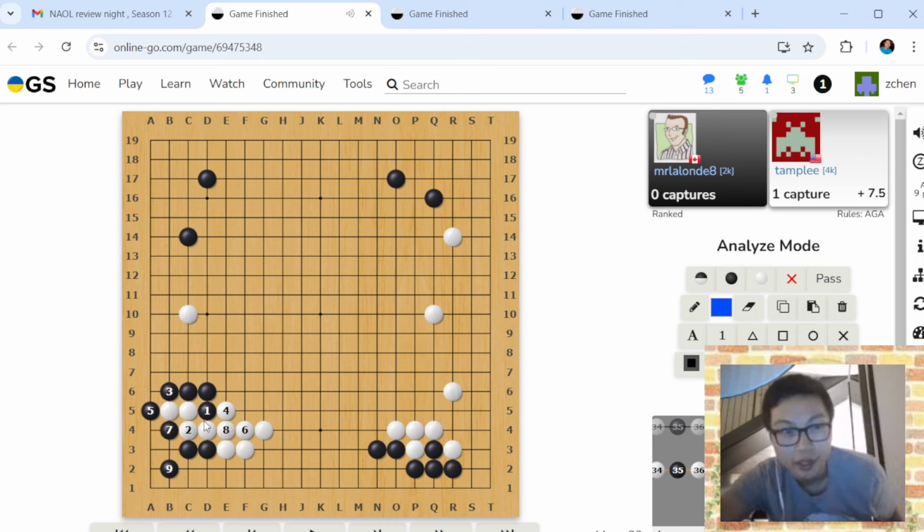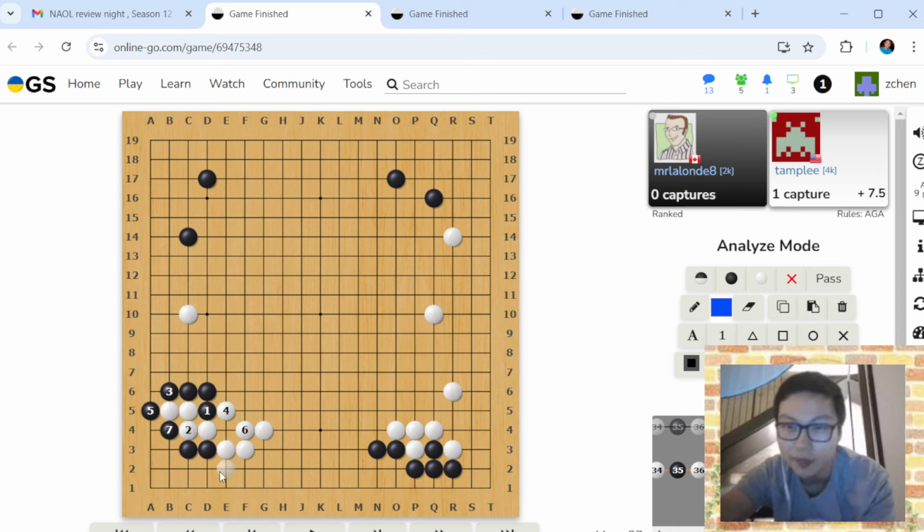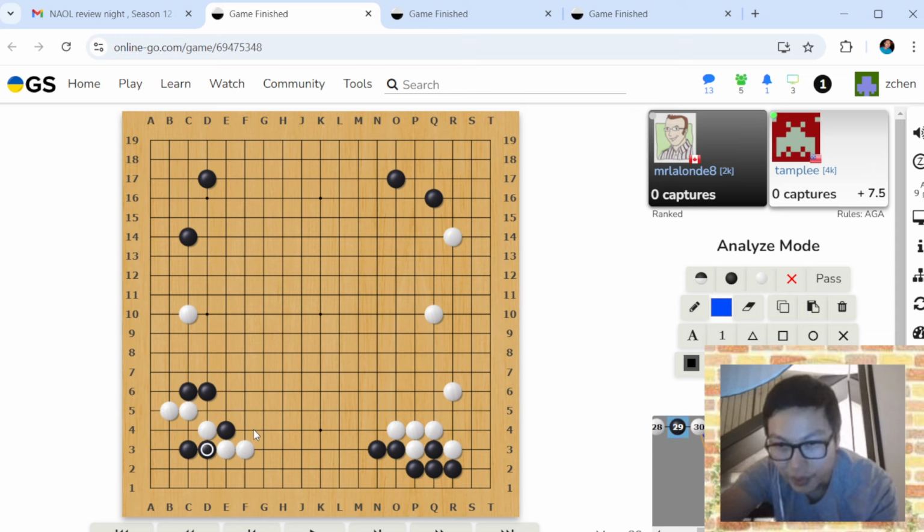This result would greatly strengthen black's position in the corner. And after this, black has no more weaknesses on the board, and all that's left is white weaknesses, the one stone on the left and the blobbed up group on the bottom. Hard to imagine black choosing anything other than the Atari,